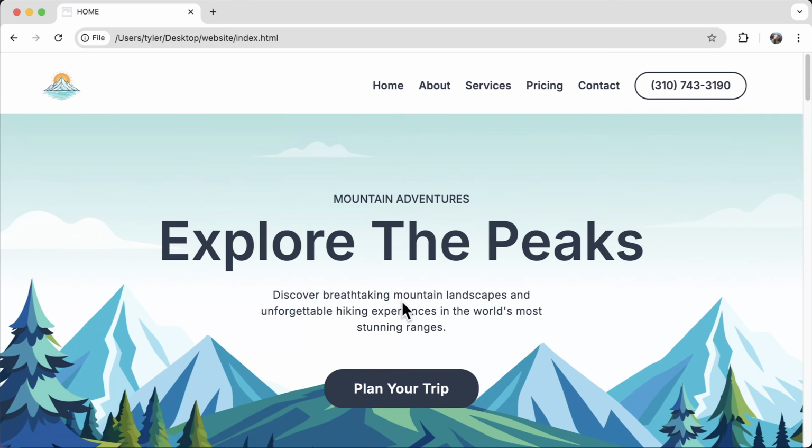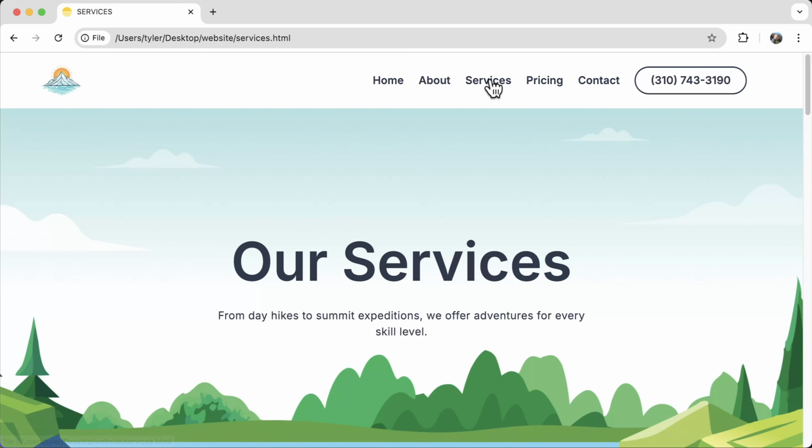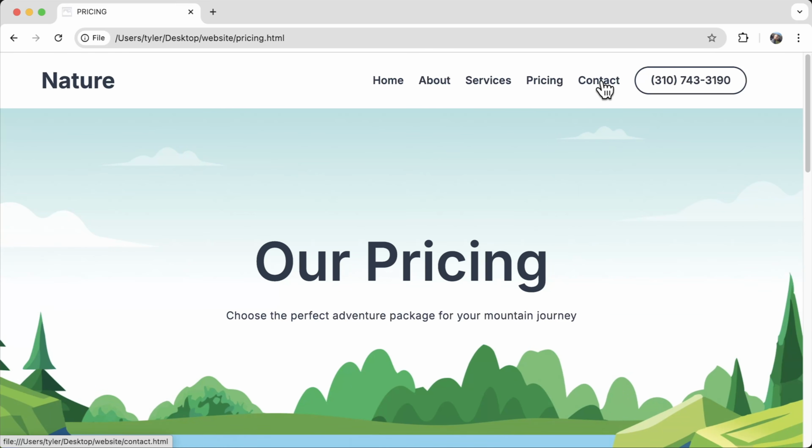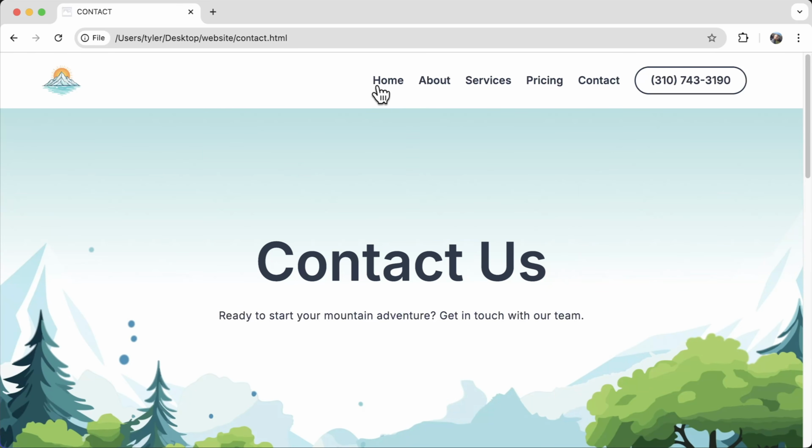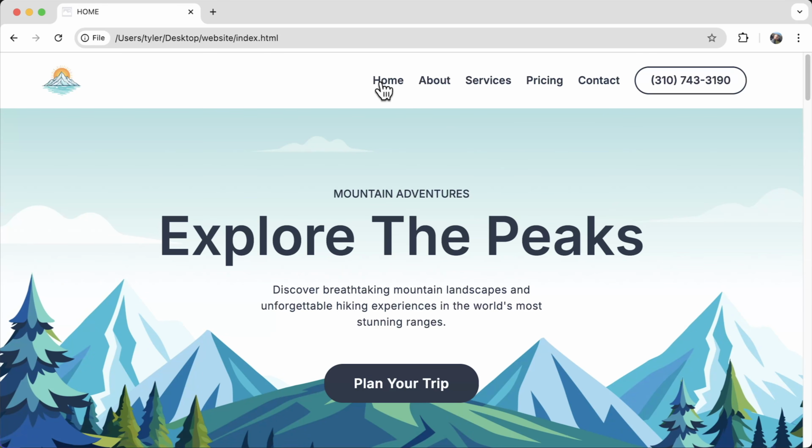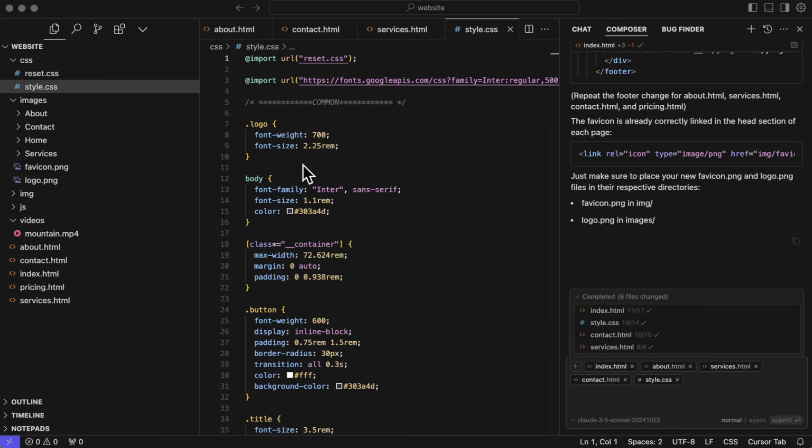So let's scroll back up and let's see all the pages. About works, service works, pricing does not work, and contact works. All right, so maybe we got a little bit too ambitious with our prompt because I see that this also didn't work up here. So let's just do one thing at a time. Let's minimize this, and let's get the